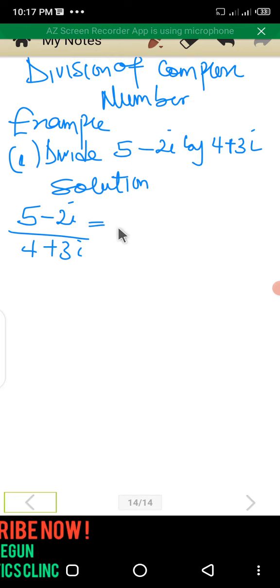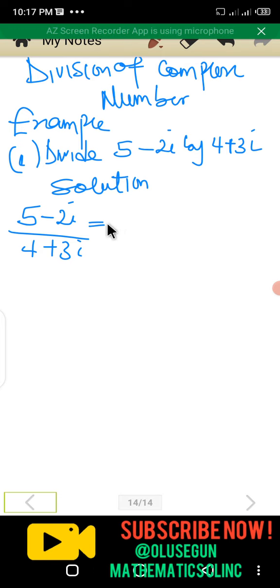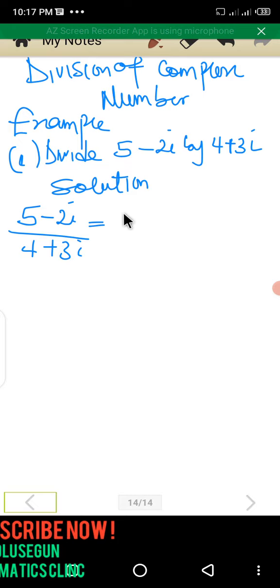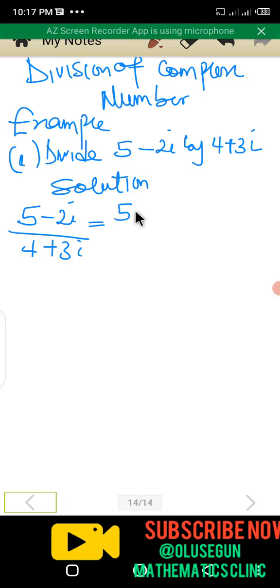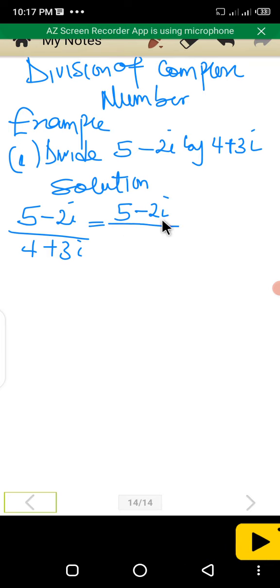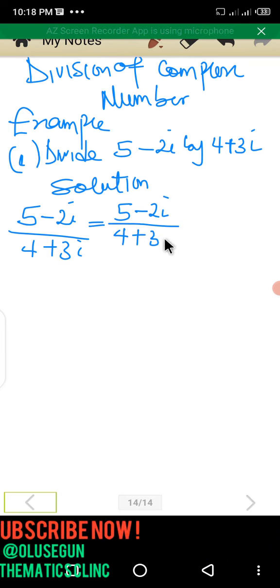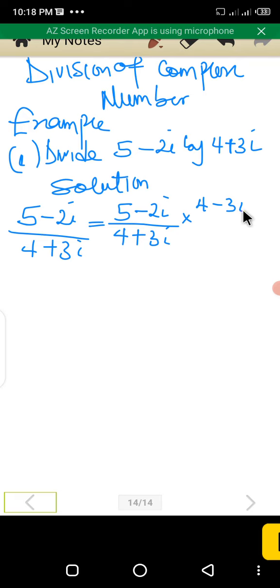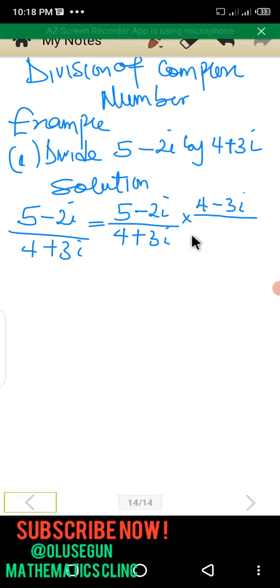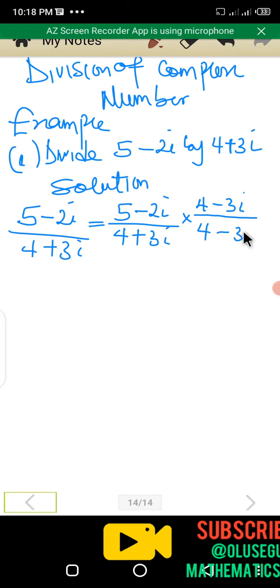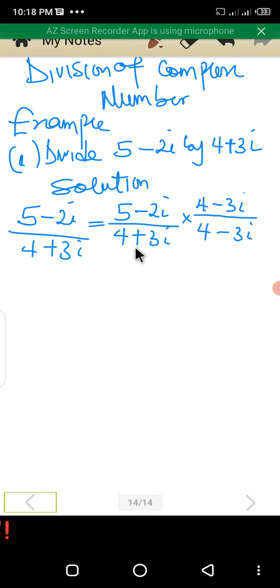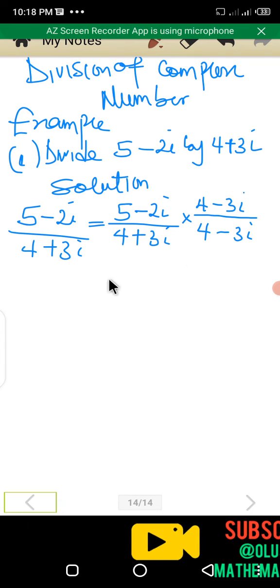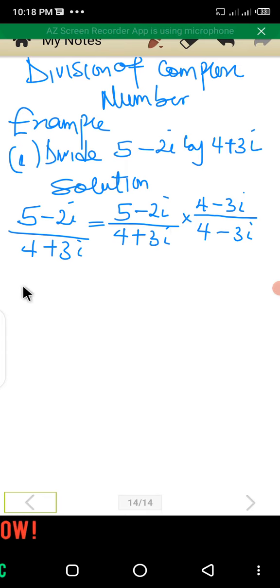The way to solve this is just that you rationalize. You use the rationalization method: 5 minus 2i all over 4 plus 3i. You multiply by the conjugate, changing the sign to minus, so 4 minus 3i. That is the only method to use to divide complex numbers. Therefore, it will now be 5